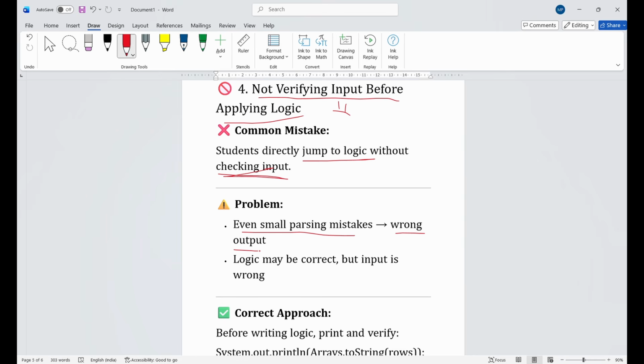You have input correctly, but there is a logical mistake in the program. That is why you are not getting the test case passed. But a small parsing mistake that you might have made may be giving you trouble in getting the correct output. Right? The input is